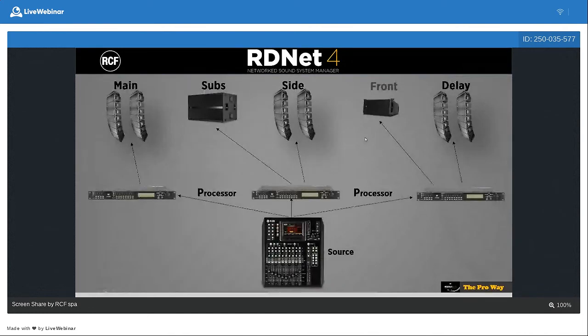This is a layout of one system without RDNet. Let's suppose to analyze one system without RDNet. So we have the source, our front of house mixer. Then we need some processors to manage all the parts of our system. One processor for the main, one for the subs, one for the side fill, one for the front fill and delays. Because if we need to do some array processing, okay,